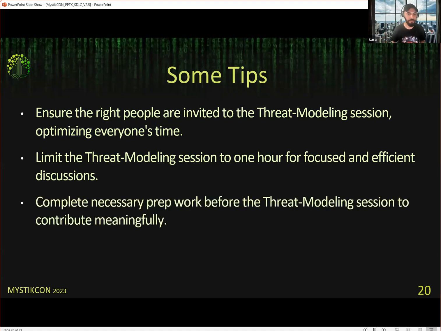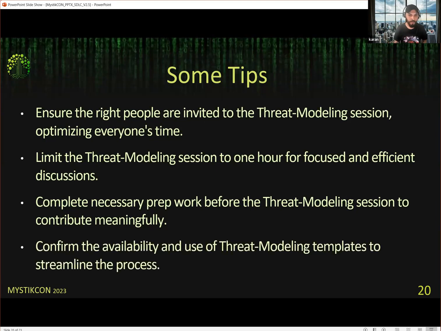And another thing that I want to mention, and this is super important as well: before you rock up to any threat modeling session, do a little bit of prep work. That means maybe go through your architectural design, look at the high-level solution design, and look at the threat modeling template that your security team may have put up on the Confluence page, just to get a little bit comfortable with that exercise. Because if you just rock up to a session with no background, you're probably going to spend 15, 20 minutes just catching up on what's really going on.